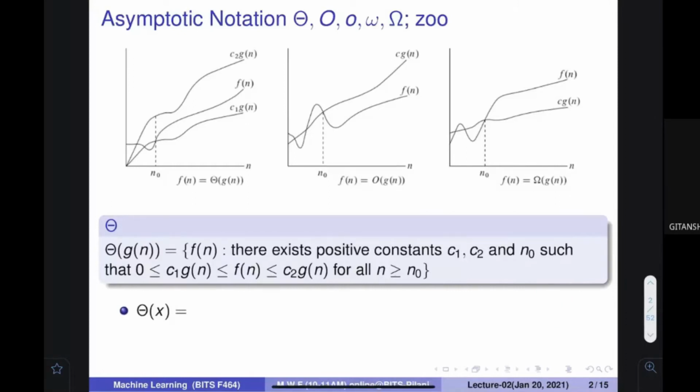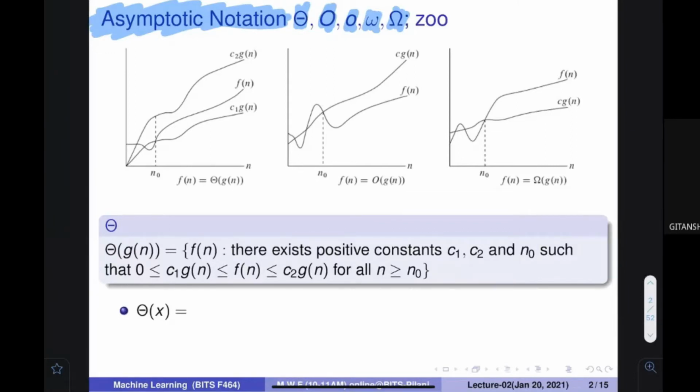What is asymptotic notation? There are 5 symbols written: theta, big O, small o, small omega, big omega. These things are called the asymptotic notations. They have a very settled notion, and today we are going to discuss that. Essentially what happens is that